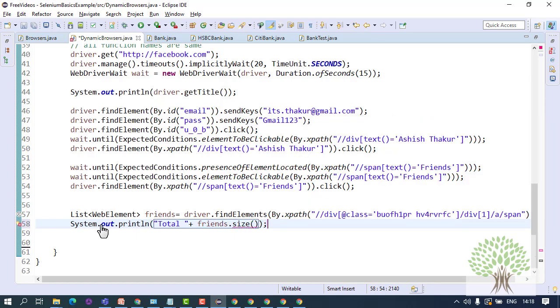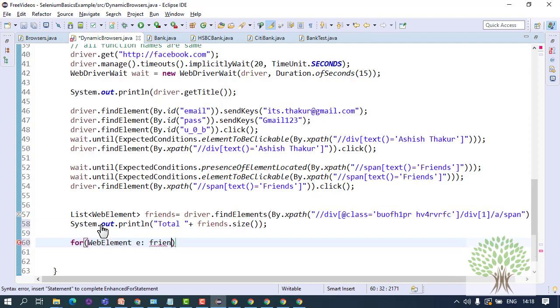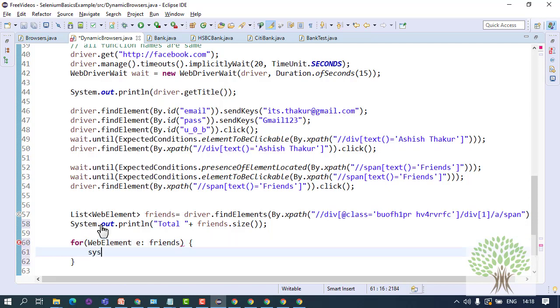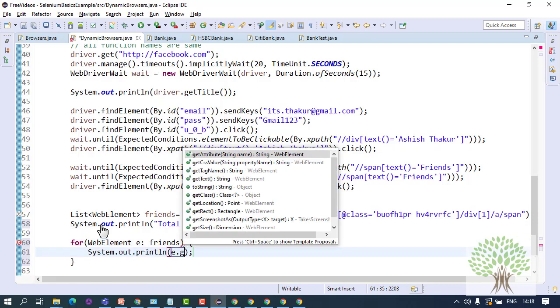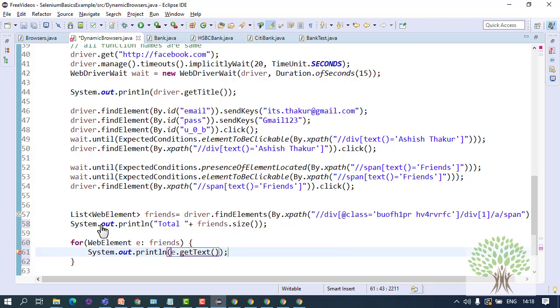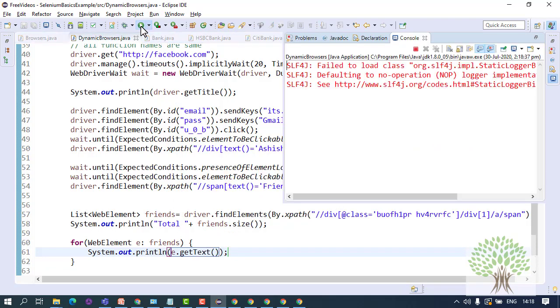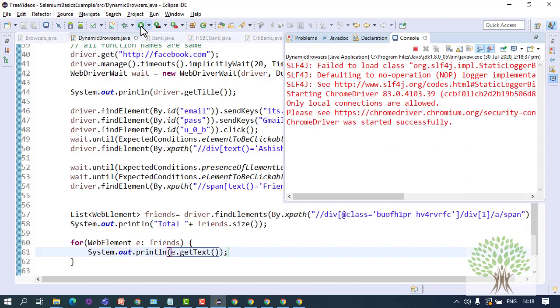I can print the name of all the friends. I can write WebElement e in friends, e.getText, but this will only give me around, I think, 20 friends or something. For the remaining friends I will have to scroll down. Now how do I scroll down? That is the challenge in this exercise.